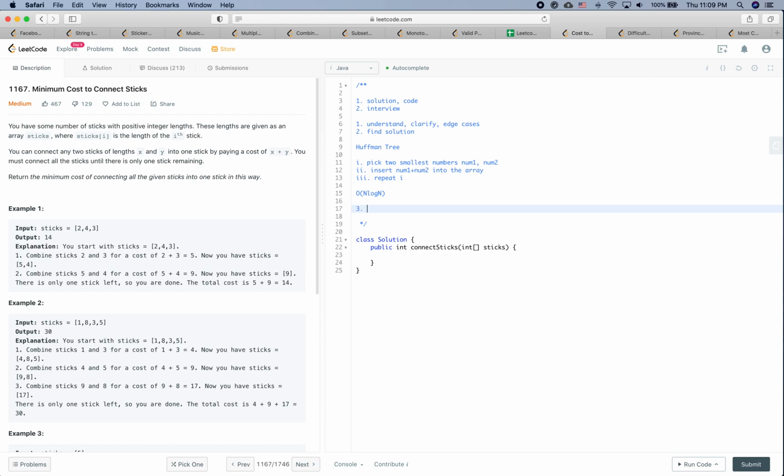So the next step for us is to do some coding work. For coding, we care about the correctness of the code, the readability of the code, and of course the speed is a concern. Having said that, let's do some coding work. First of all, some edge case checking. If sticks.length is smaller than 2, then we are just going to return 0. Otherwise, we are going to have a